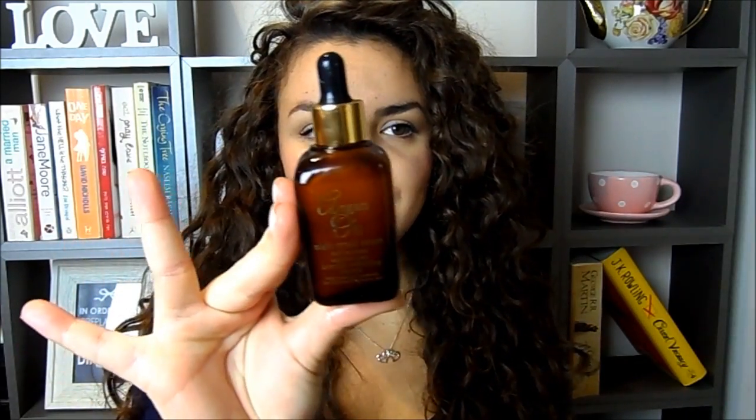Then the next skincare item is a very, very interesting one. I put a picture of this up on Instagram, and it's the Argan Oil Night Repair Serum. Now just give this a little bit of a look. What does this remind you of? This is a complete rip-off of the Estee Lauder Advanced Night Repair Serum, and I picked this up in Savers just because I was in there buying something really glamorous like Unblocker, probably that's what I normally buy in there, and I saw this and it was just such an obvious copy